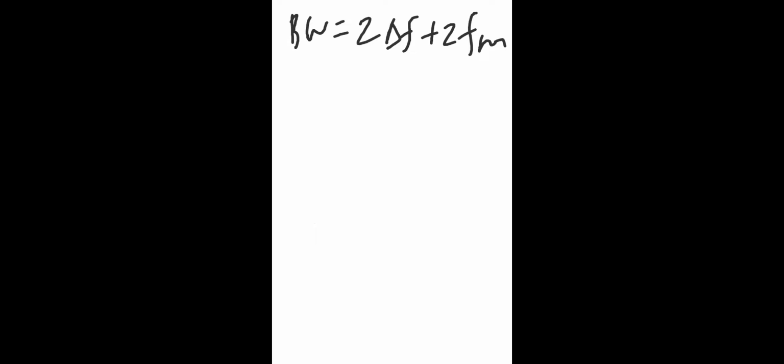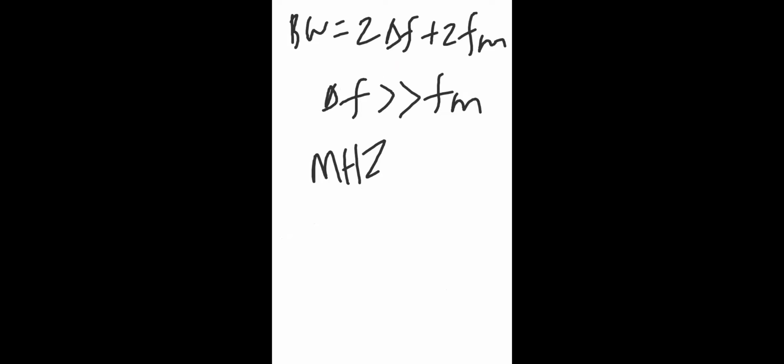In some cases, you have chosen del f much greater than fm. Say for example, the del f you have chosen is in the megahertz range. That is possible, it's up to you. You can choose the del f value because it all depends on Kf, the frequency sensitivity. You can choose a very high frequency sensitivity, then your del f will be high. Suppose your message signal is in the kilohertz range only, like up to 15 kilohertz. So the frequency deviation del f is in a higher range, and your message frequency is in a lower range.